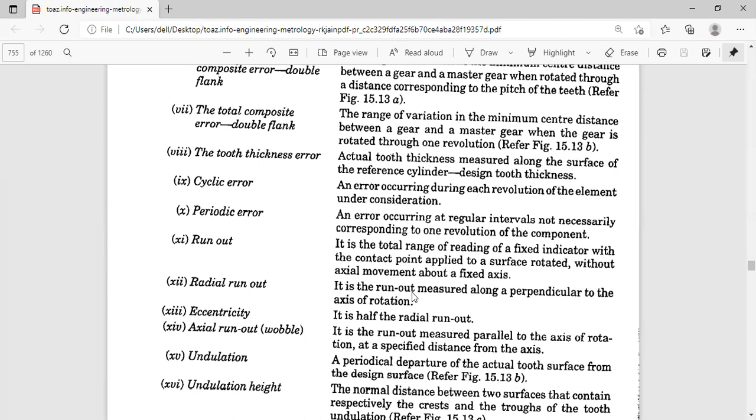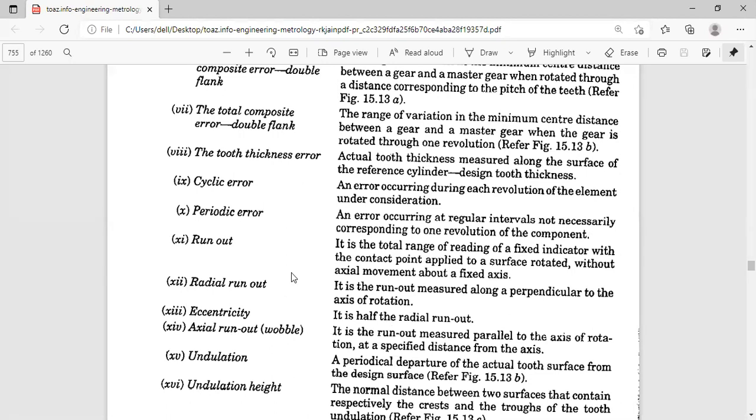That's what we have discussed. And actually here I told you, he has given it wrong. Axial runout he has given as wobble, but side runout is wobble, as seen in the other textbooks. R.K. Jain is an old author, I.C. Gupta and others, and now the new authors are coming. So just don't worry about the other names.